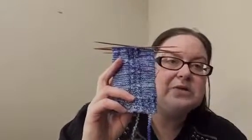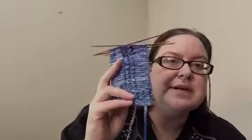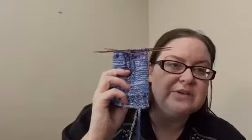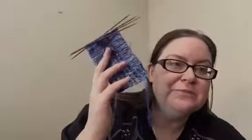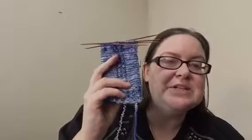Part of the reason I'm doing this pattern is the Gale's Art that I showed last week, the brown tweed and rusty bucket that I'm going to do for my husband. I'm thinking of doing this pattern, so I wanted to work it out in my size while I have my foot right here, so that I could see how much it draws in and how much I'll need to change cast on amounts and stuff for his socks. His feet are a fair bit bigger than mine,